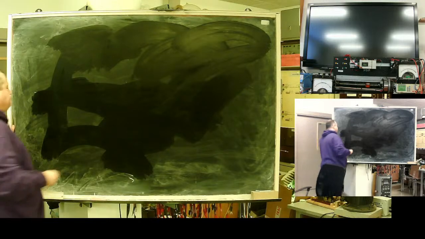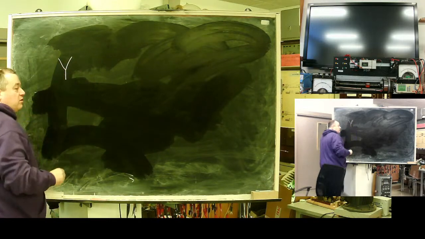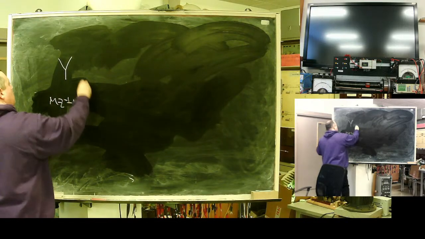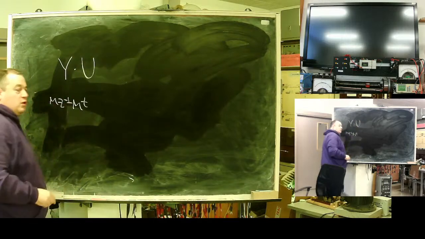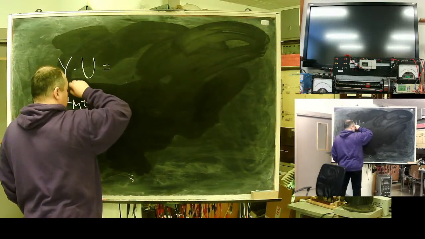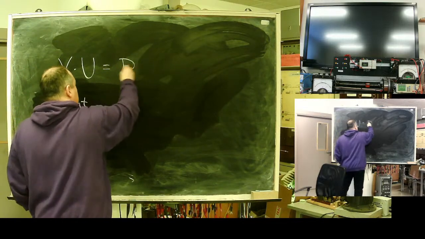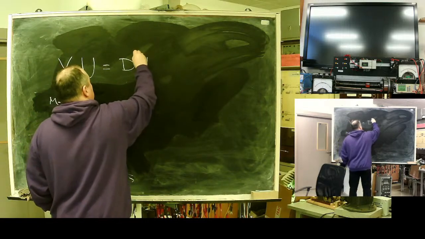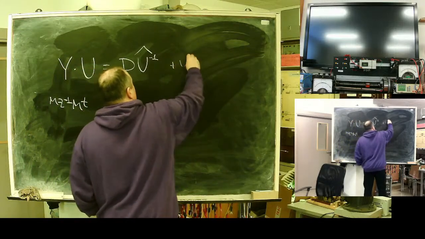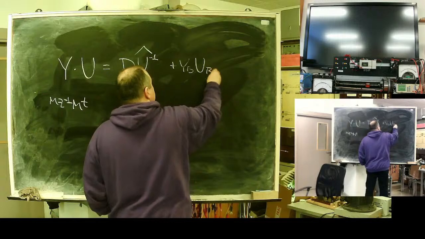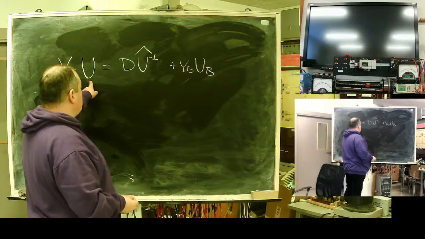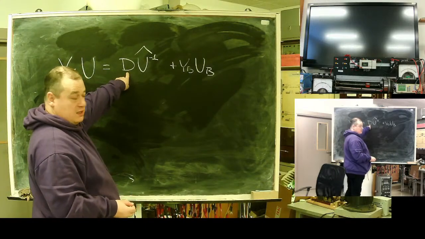It will be the nodal admittance matrix multiplied by nodal voltage vector equals D times the inverse of the conjugated nodal voltage, plus